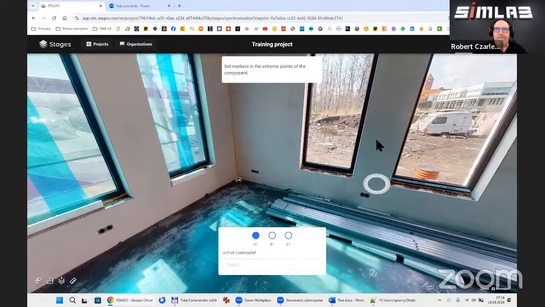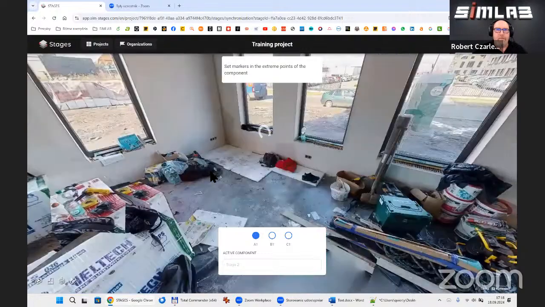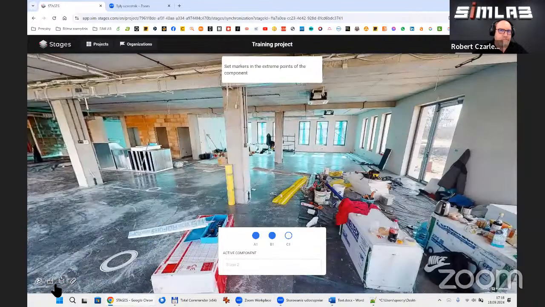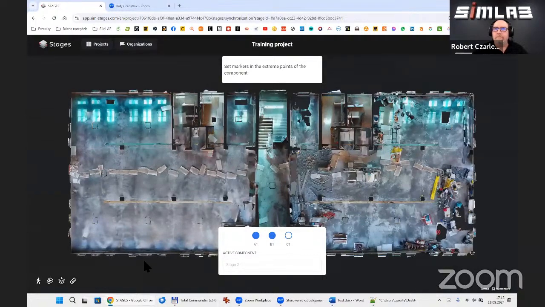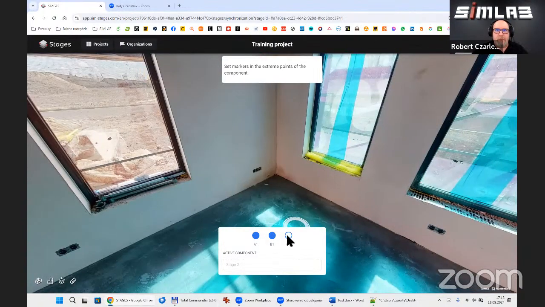There's 1 point. Second. And the last one we will place here. So we mark 3 specific points on the scan which is currently not synchronized.